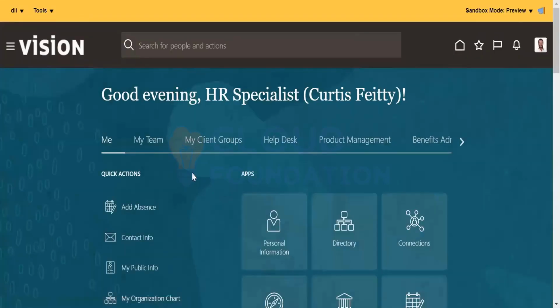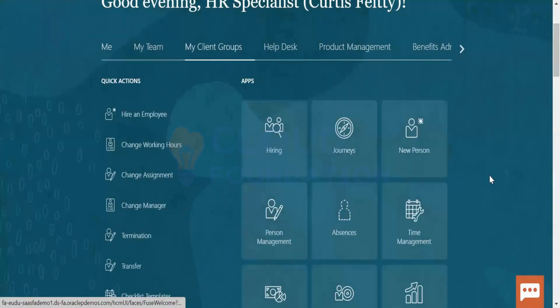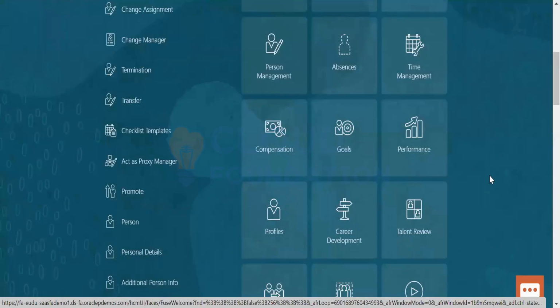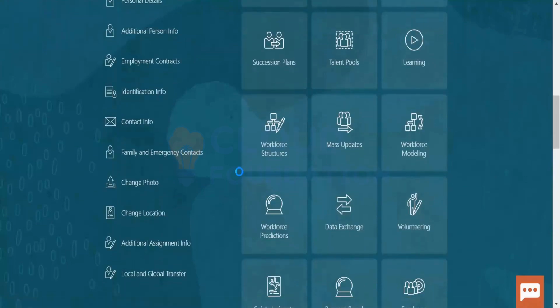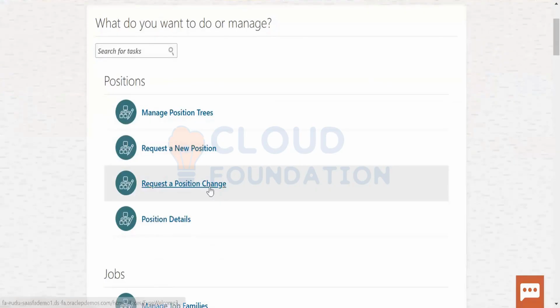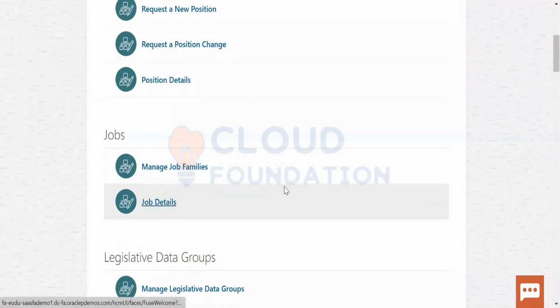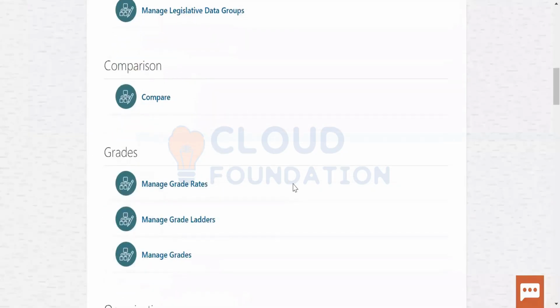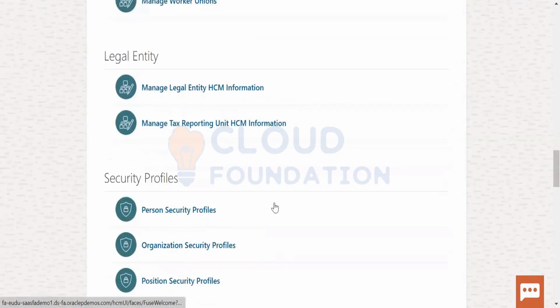Now click on workforce structures. Request a new position, request a new people manager, whatever we do in the workforce structures. Business unit, department, all these things are there.